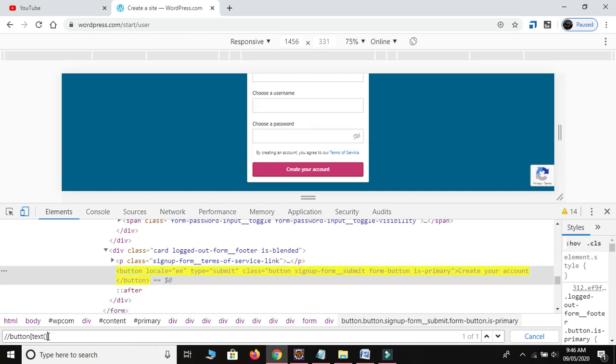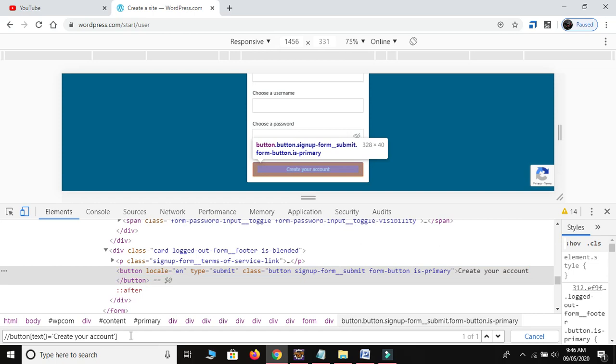is equal to, outside the parentheses, right guys? I already said we are not able to use the equal to symbol inside the parentheses, and now I am going to use the equal to symbol but outside the parameter, so it is allowed. Okay, so after writing the equal to symbol, let me open a quote. Let me copy this, create your account, and paste it inside the quotes. Let me paste over here. See guys,